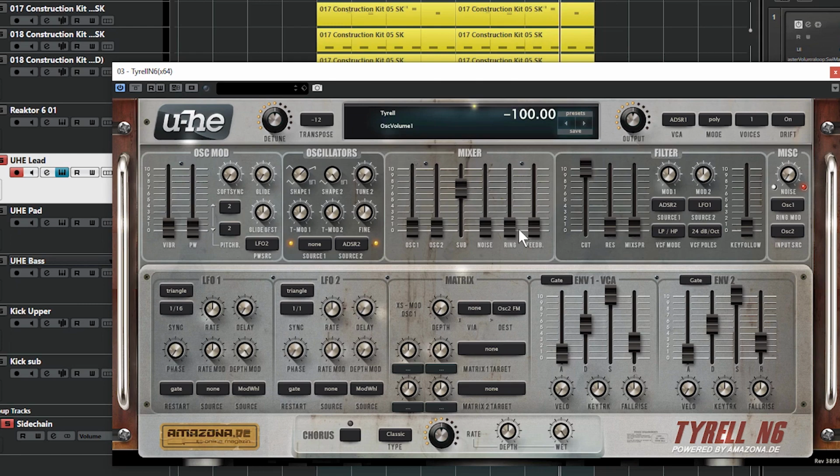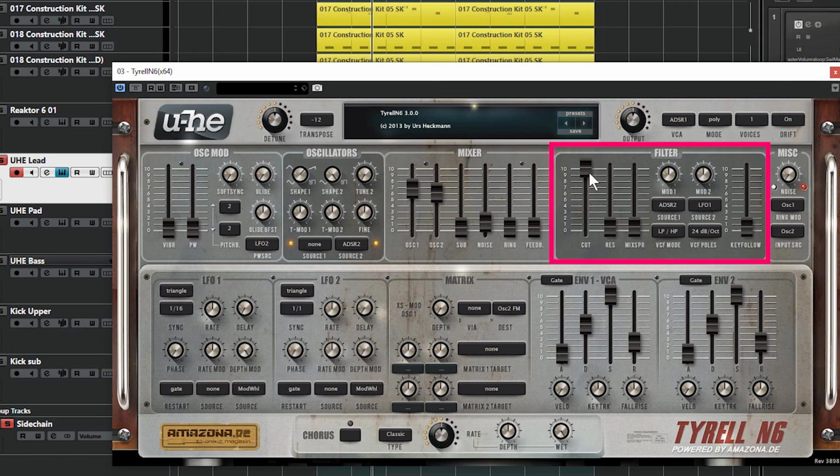So if I turn down the other two, this sub oscillator is always going to be -12, or an octave down from what you've got here from the transpose. And we can mix all our oscillators together. Then we've got a noise oscillator as well, which can just add a bit of shine or sparkle or air to a particular sound. So it sounds a bit intense, so what we're going to need to do is go on to the next